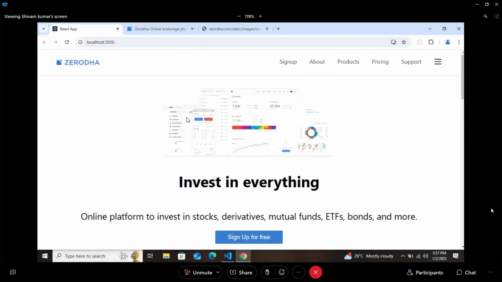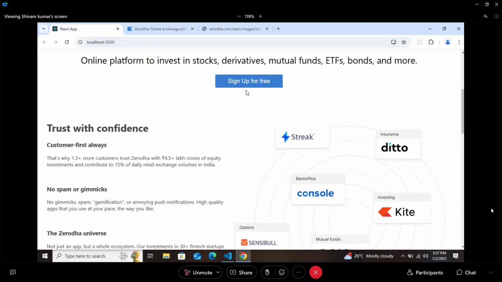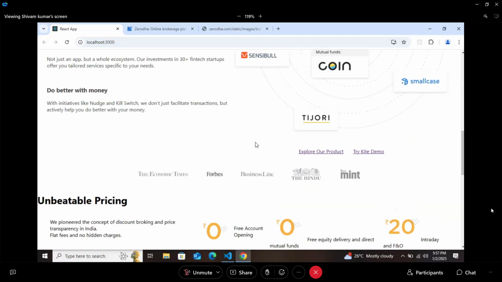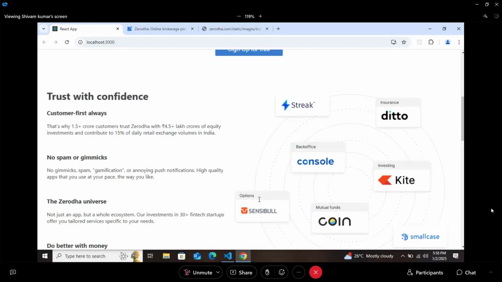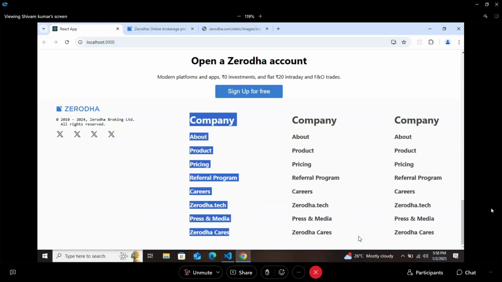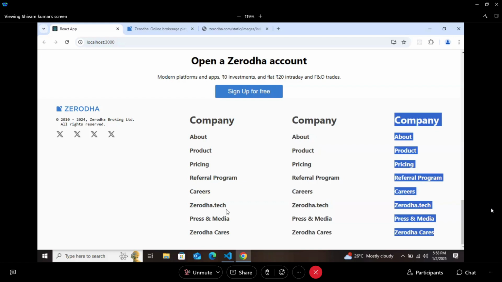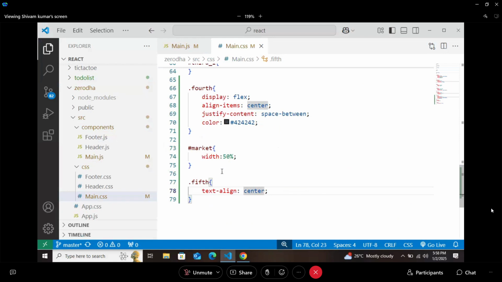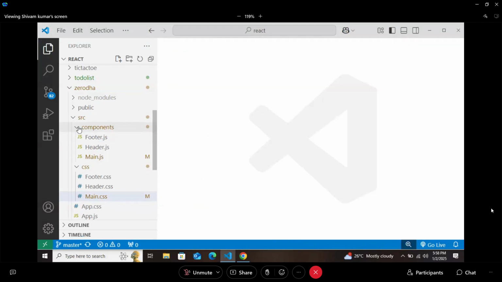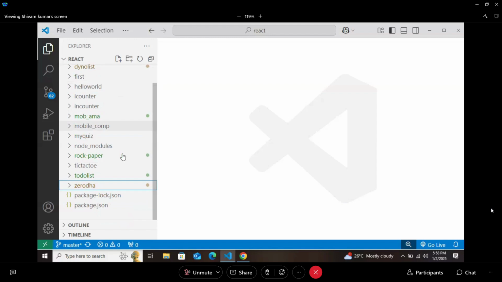And if space is not looking proper somewhere, you can just give br tags, and it will be fine. When you are designing, don't copy paste the things. Whatever is actually there, it's for me only, not for you. So now what we did is, for a single page, we have defined three different components to use. And this is how we are closing up with the Zerodha.